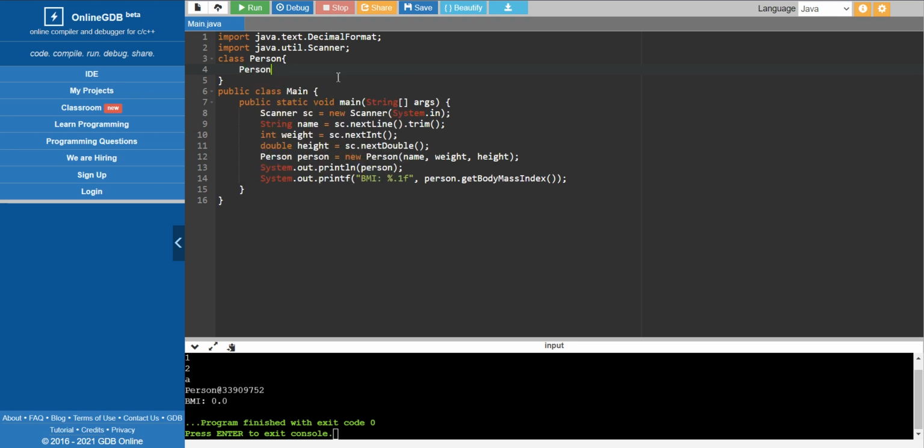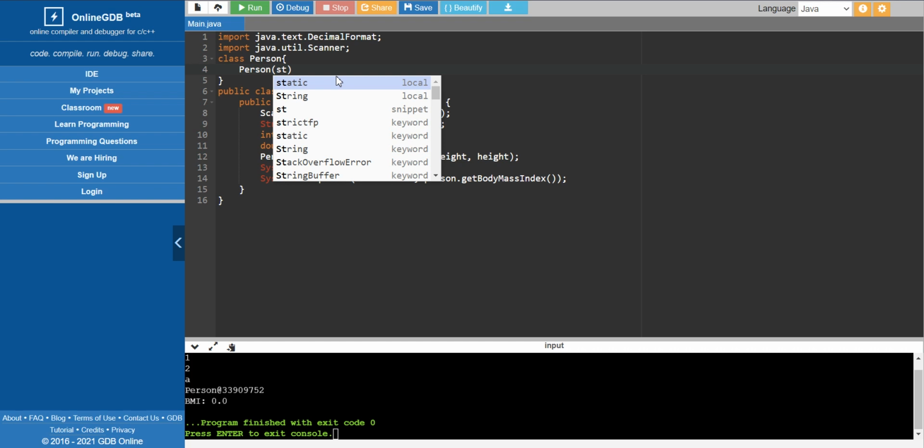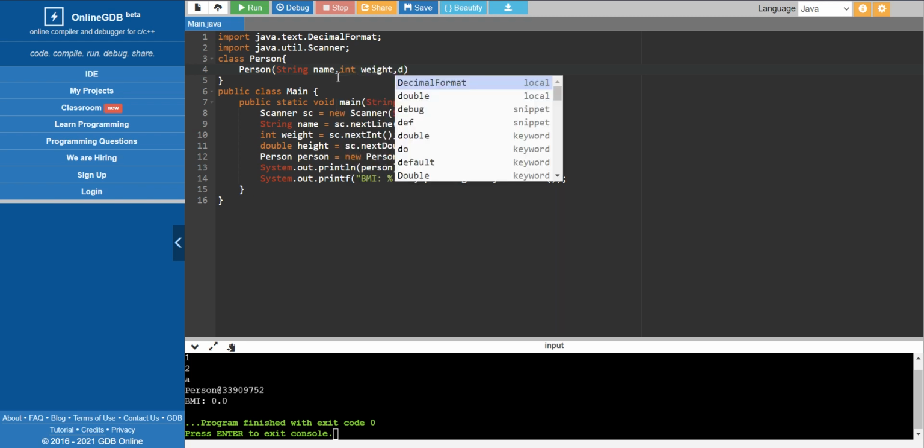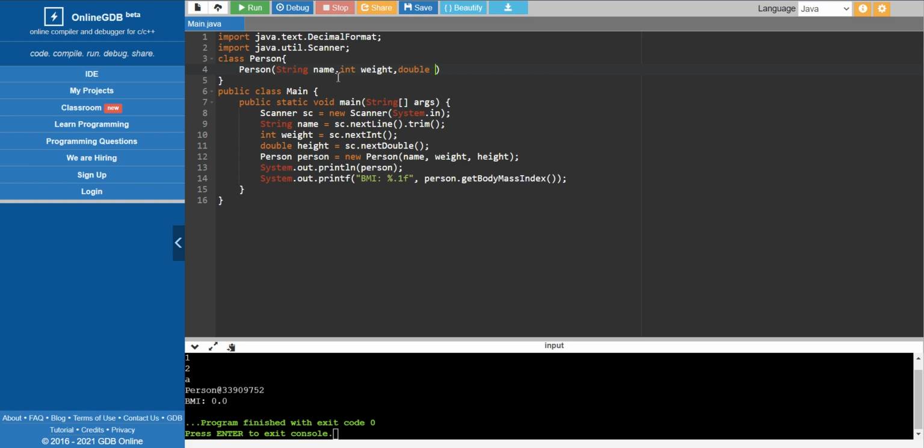So I'm creating this Person constructor here with the arguments String name, int weight and also double height.